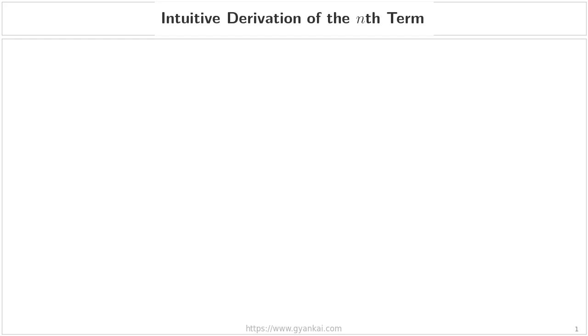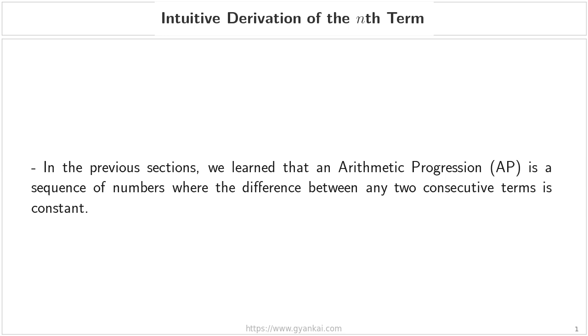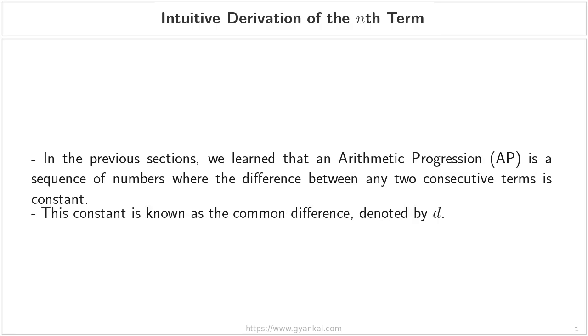Intuitive derivation of the nth term. To start, let's quickly recap what we've covered in our previous lessons. We learned that an arithmetic progression, or an AP, is simply a sequence of numbers where the gap, or the difference, between any two consecutive terms remains constant throughout the entire sequence. This specific, unchanging value is what we call the common difference, and in our mathematical notation, we denote it with